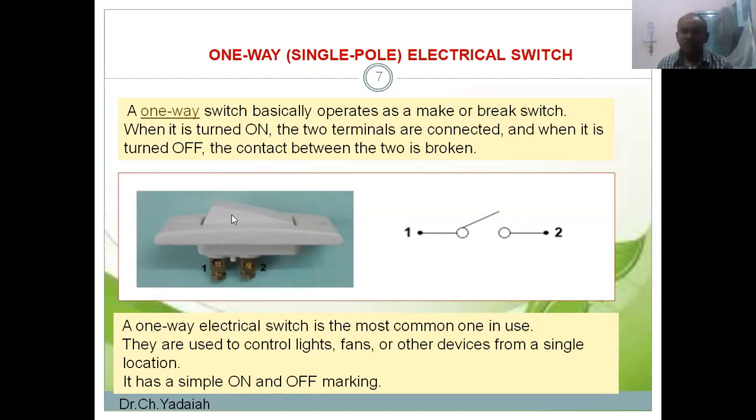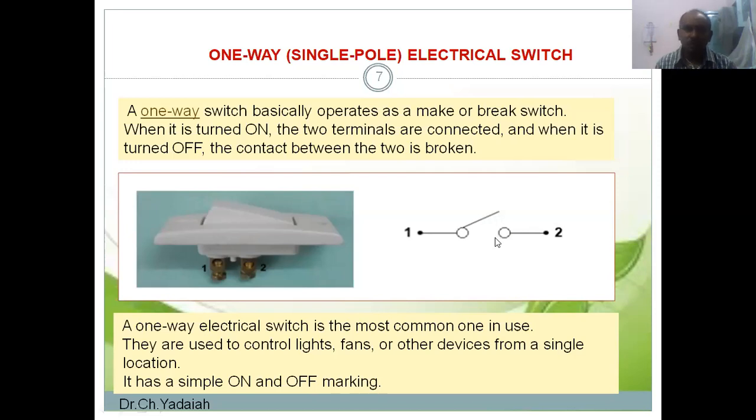When the switch is pushed down here, then what will happen? If the supply is given to one terminal and the second is connected to the load, the current may not jump across this air gap. Hence we have to manually push the button this side, then it will come in contact with terminal 2. Then the current will pass through this metallic part. At this condition, the switch is in the on position. When the switch is moved the other direction, automatically it will open.